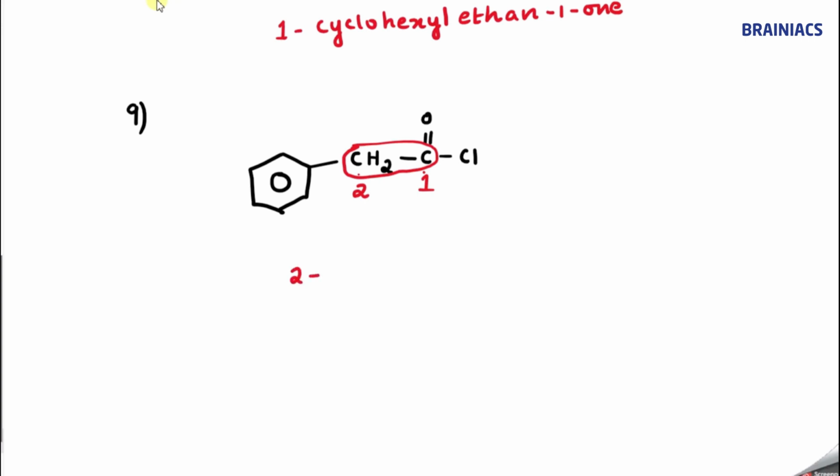Whenever benzene behaves like a substituent, the term used is phenyl. Please remember, whenever benzene behaves like a substituent, the term used is phenyl. So 2-phenyl. Then there is no 1 degree prefix applicable because the parent chain is a linear compound. So word root, 2 carbon atoms, so eth, correct? They are connected through single bond, so ethane, correct? Up to this, then comes at the first position.